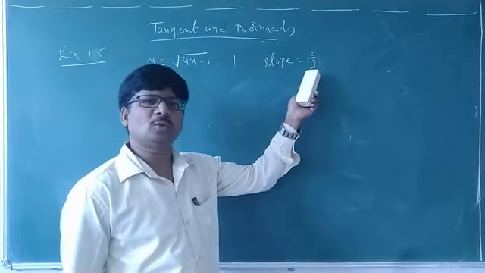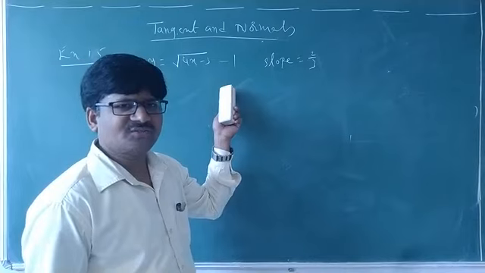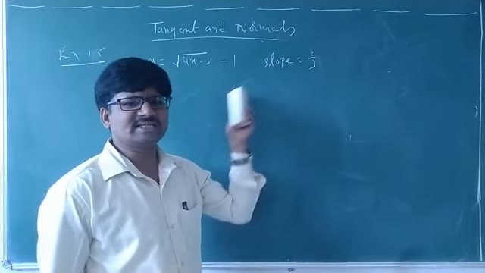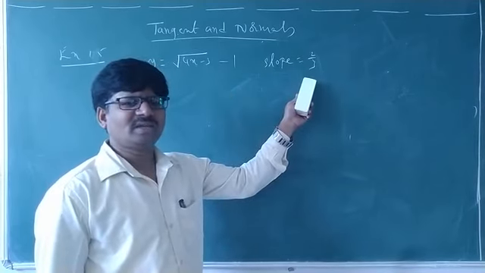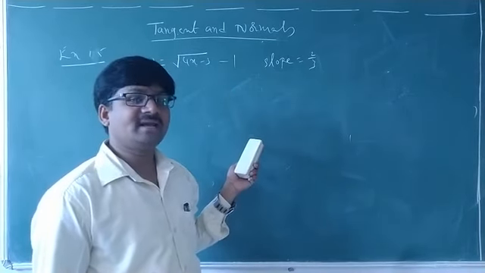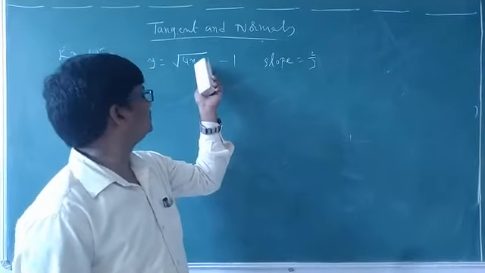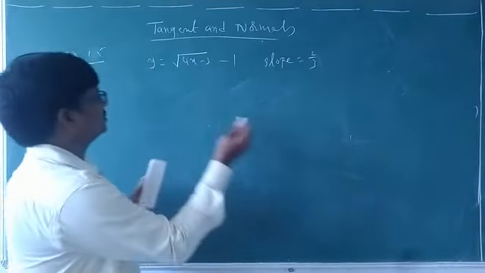Already, what is given here? The slope is equal to 2 by 3. If you differentiate this one, you will get the slope of the tangent of the curve. Both are the same or not? So equate them and simplify. You will get the x value. If you substitute that x value here, you will get the y value also. Okay, right. So now what am I finding here?